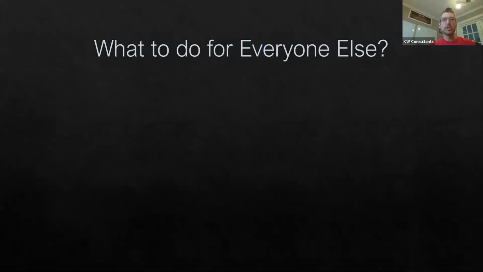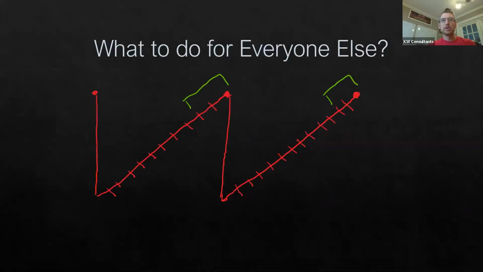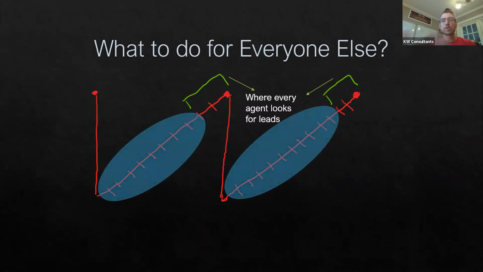All right, so what do we do for everybody else? So obviously, that's like our shorter term nurtures. But then like we talked about at the beginning, we've got all of these people that are 6 months out, and you're like, yeah, Troy, I'll call them every month if they're like 6 to 12 months. But when people are 3 years out, am I supposed to be calling them every single month? Not necessarily. But so what are we doing for those?